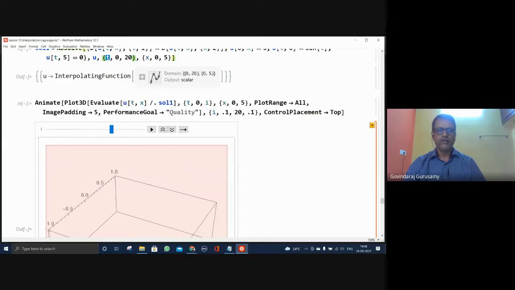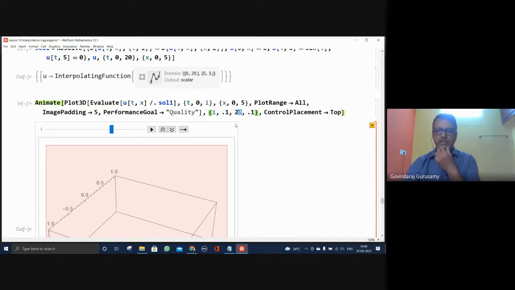Now, we find out what is the plot of this by varying t and x. See, I am varying the t from 0 to 20 in steps of 0.1. Starting from 0.1 to 20 in steps of 0.1, which means how many data points will be there?